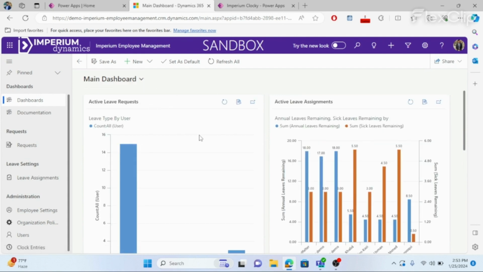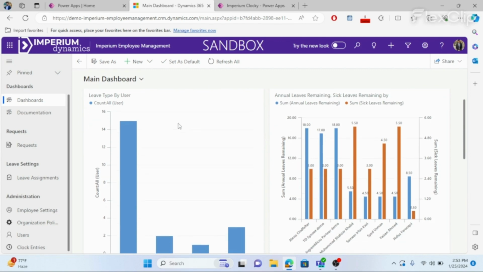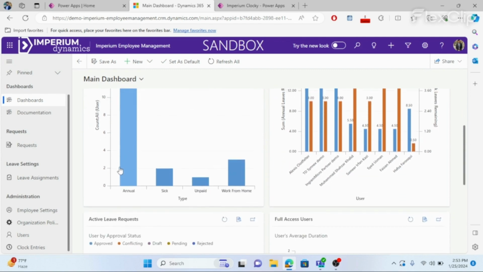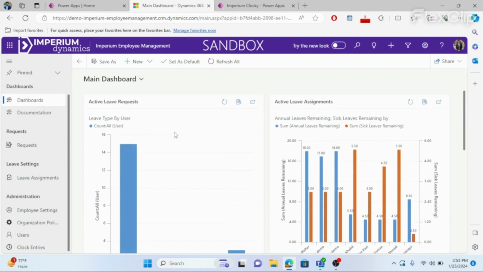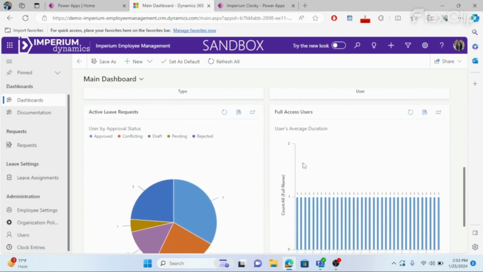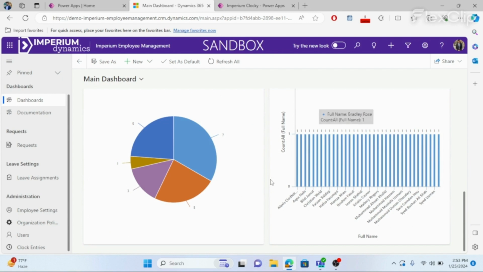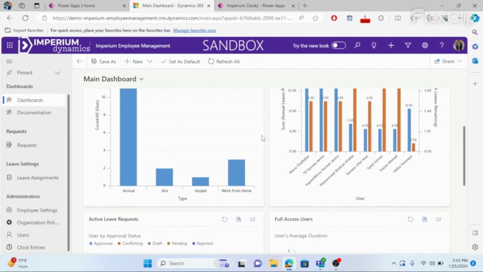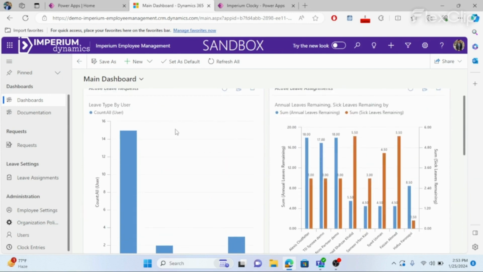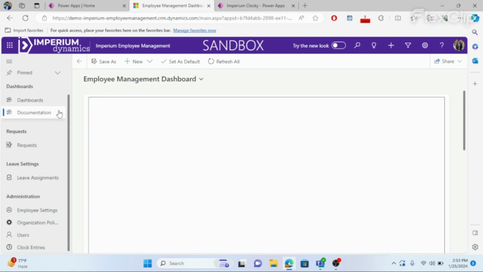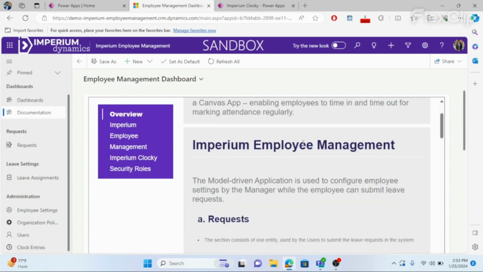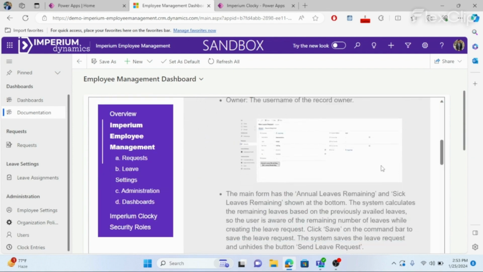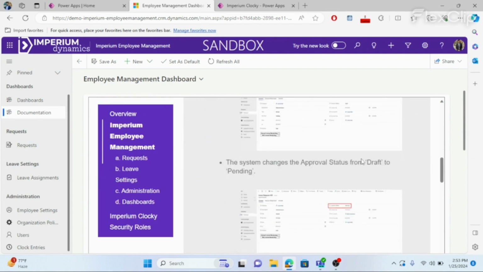If you're a manager and you have the privileges, you can also check how many annual, sick, unpaid, and work from home leaves are being assigned to users. You can also view the user's full name. There's a documentation panel over here as well. If you want to go through this documentation, you can learn the functionalities and how